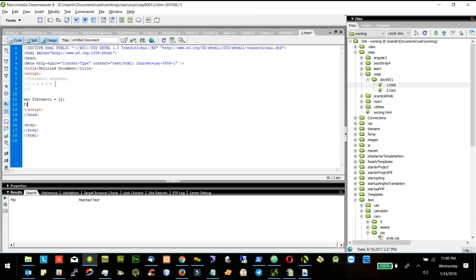For example, I will say Fibonacci of one number is equal to 1, and Fibonacci of 2 number is also equal to 1. So this one we consider as a 1, and this one we consider as a 1. And so this is the starting point.